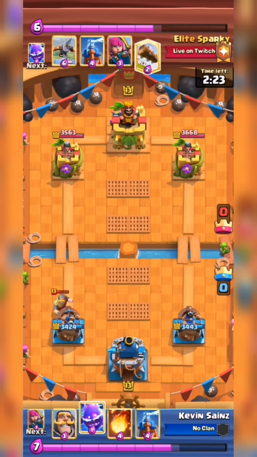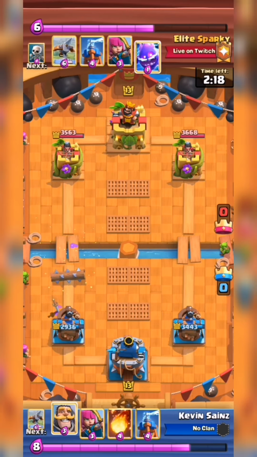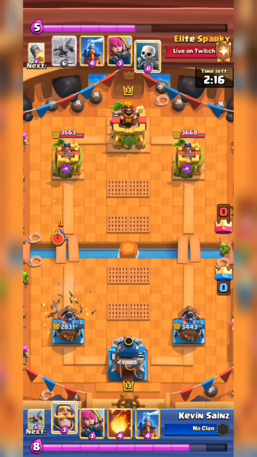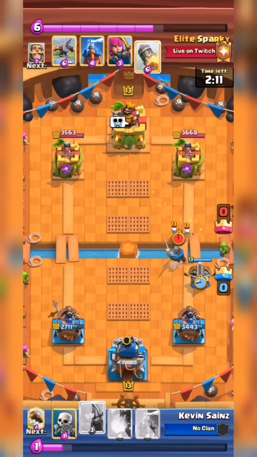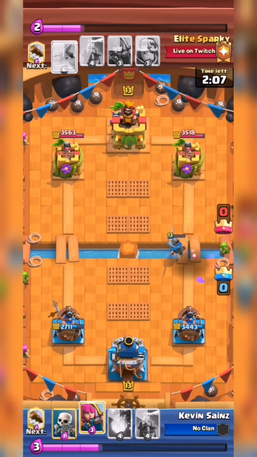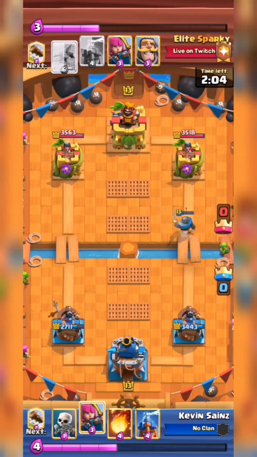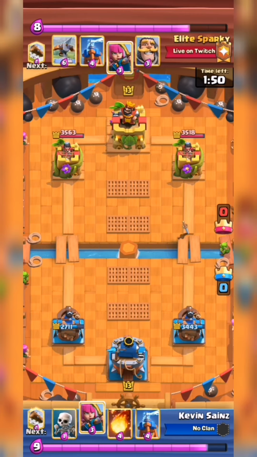But okay, he's gonna let the Knight lock on though. If I remember that correctly, any chip damage for the Xbow player in a mirror matchup is actually very important, and he's gonna let the E-Spirit connect again. Elite Sparky is back to another rocket, so I don't know what Kevin Saints was thinking. Maybe he thought he outcycled Elite Sparky, but they're playing a mirror deck, man. You're playing a mirror matchup and you thought the opponent has Golem? So yeah, that was a questionable play, and Elite Sparky is just up 800 damage, which is a lot in